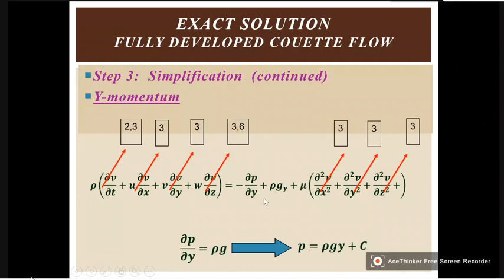And this is not 0 because y direction is vertical. So there will be a body force in the vertical direction. The only thing is here we'll have a minus value. That will come. Then coming to the other things, because v is equal to 0, all the three terms will be 0. So this equation gets simplified to this form. Now what I have done here is gy.